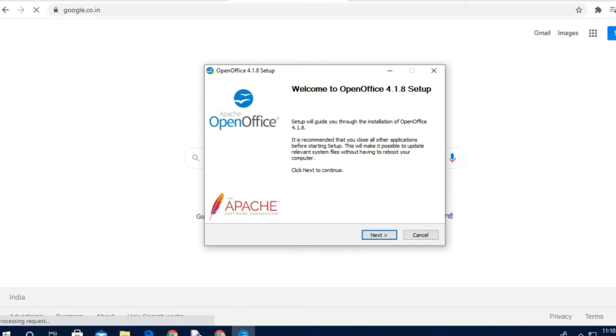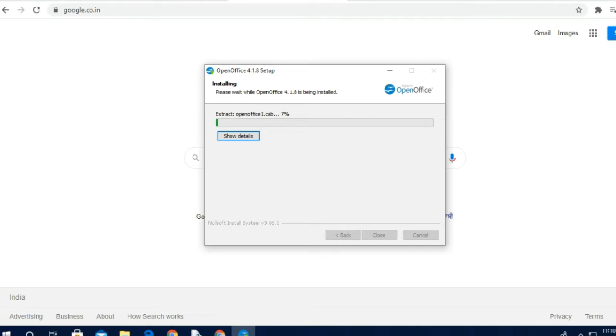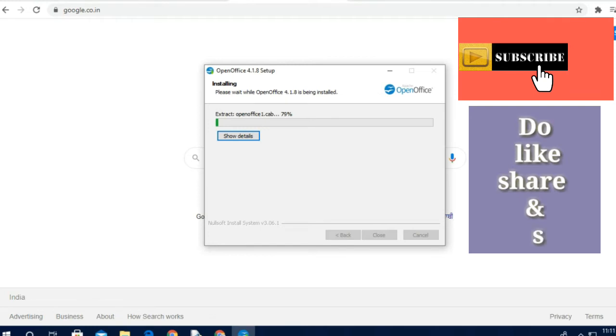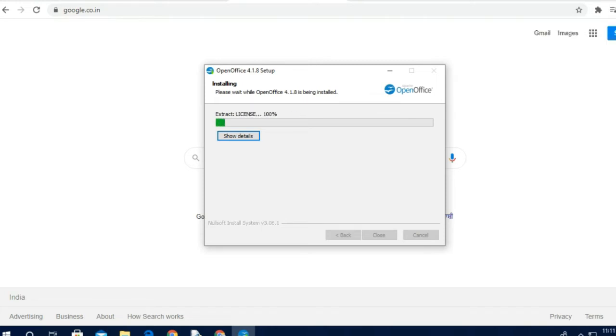Whenever you double click over there, what will happen? It will pop up a message like on this bar, where you have to click on next, and finally click on install. Whenever you click on install, see a green color bar is in processing mode. It will be processed. Now what to do? You have to wait for a while, and you have to see whether your system supports this file or not. If it does not support, then an error message will be shown. Otherwise, the processing will go through smoothly.